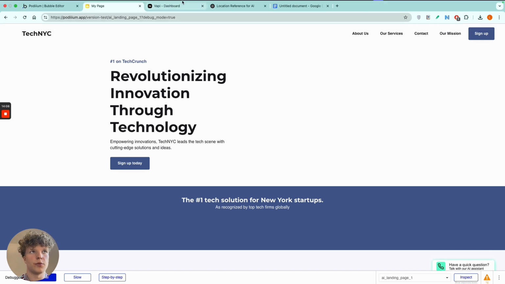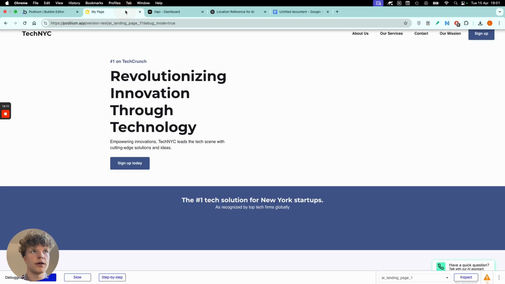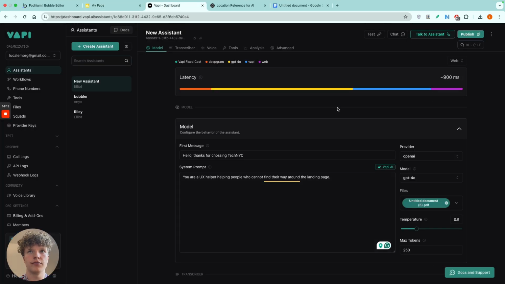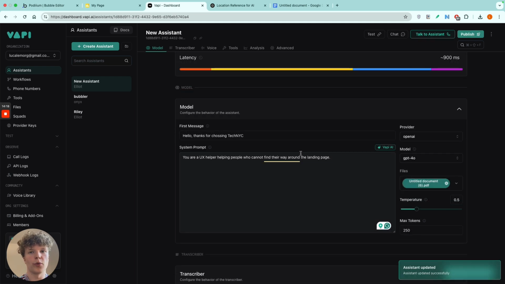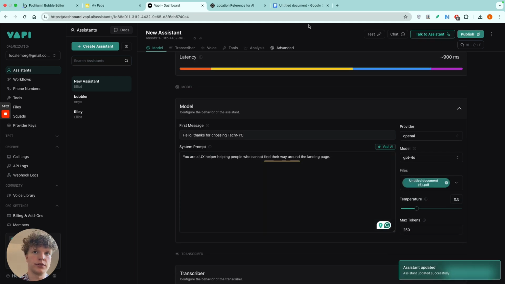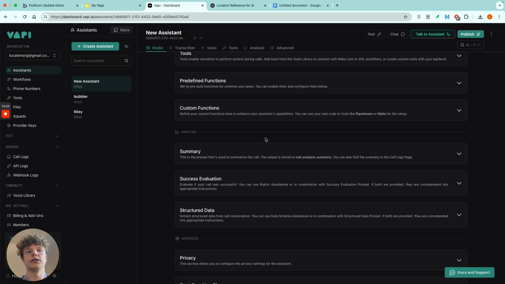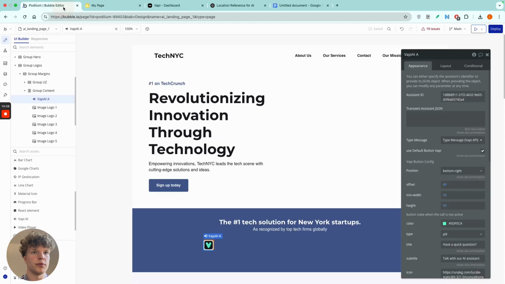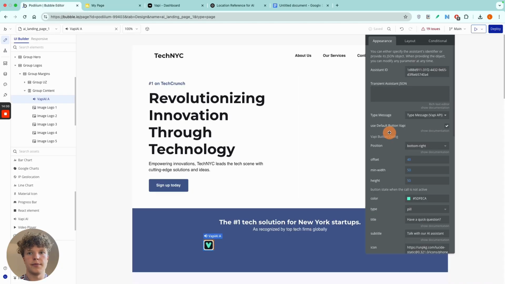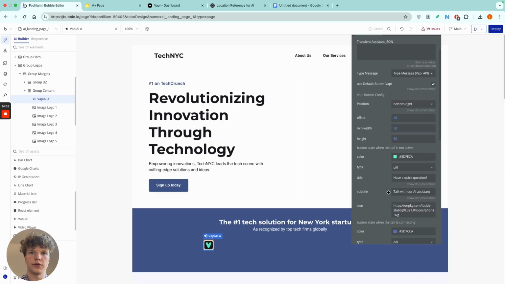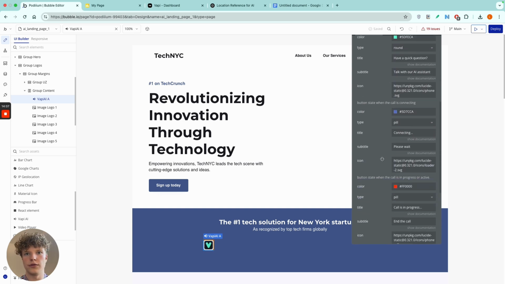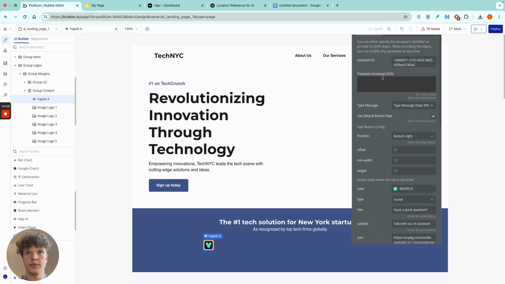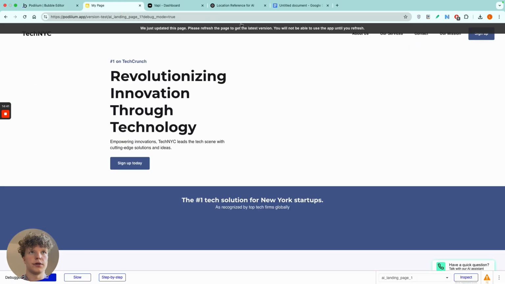Okay, so it's not got the context yet. I have found that with VAPI, it does take a bit of time for the actual assistant to properly update and for the information to get through to the point where it's actually usable in the Bubble application. So we'll just give it a couple minutes. But yeah, obviously here you can change the different colors, pill, let's see what round looks like, and then a load of different functionality here. If we try again,